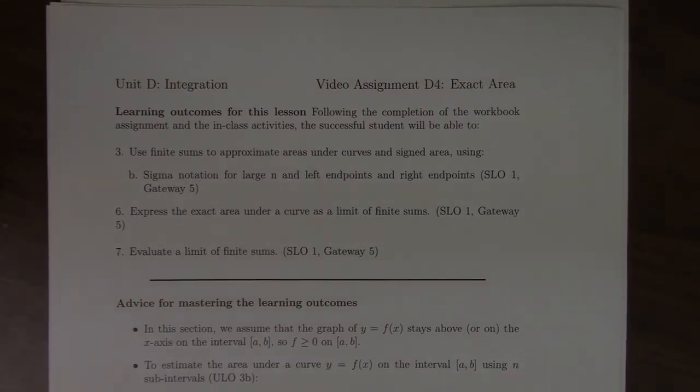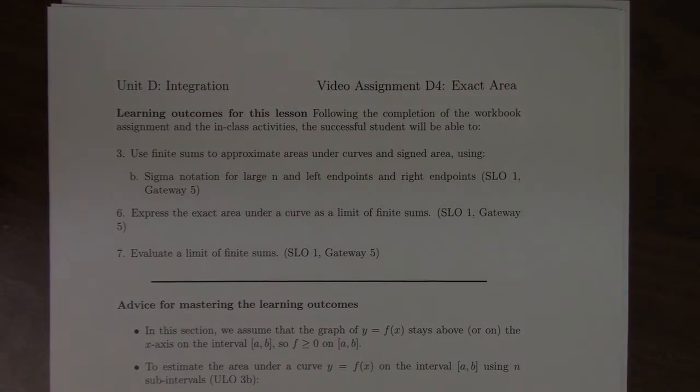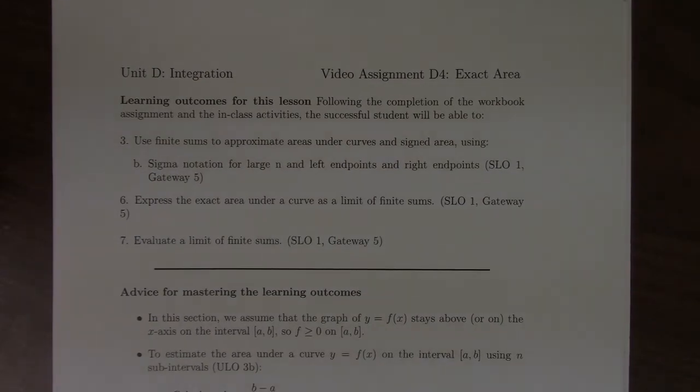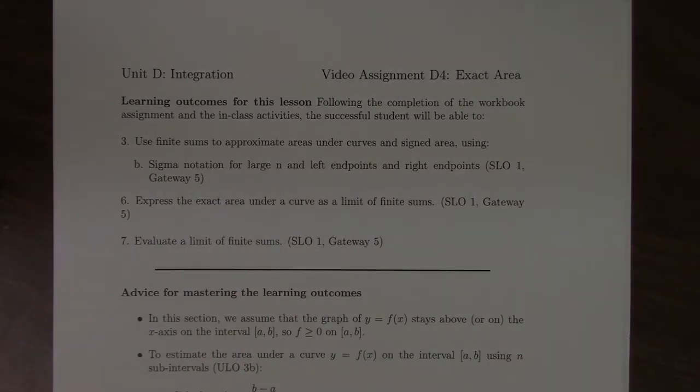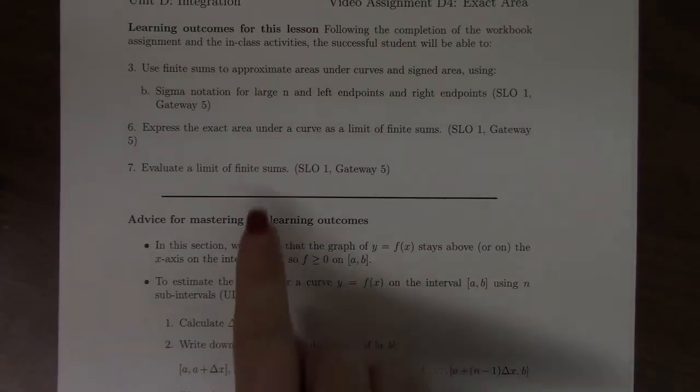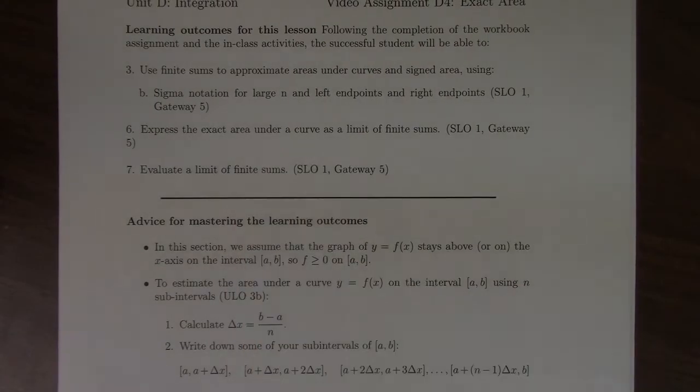So yesterday we looked at approximating area using a fixed number of rectangles and adding up the areas of the individual rectangles. Today what we're going to do is first start off by doing that same process with a large number of n where we know the value, and then we're going to learn how to approximate the area for any arbitrarily large n. And then when we're done, we're going to learn how to take n to infinity and actually get the exact